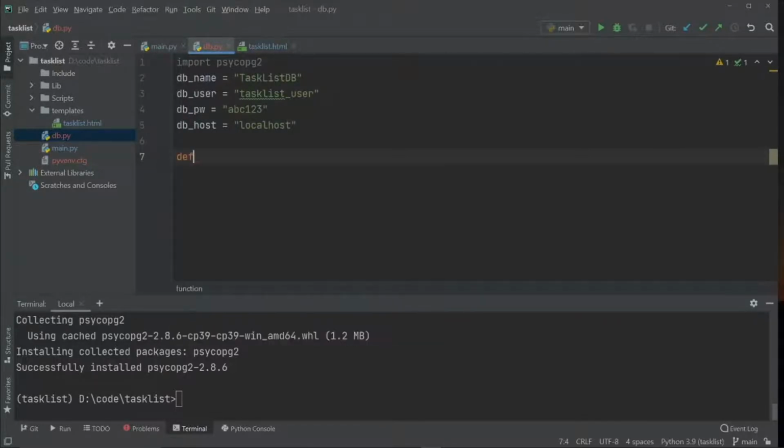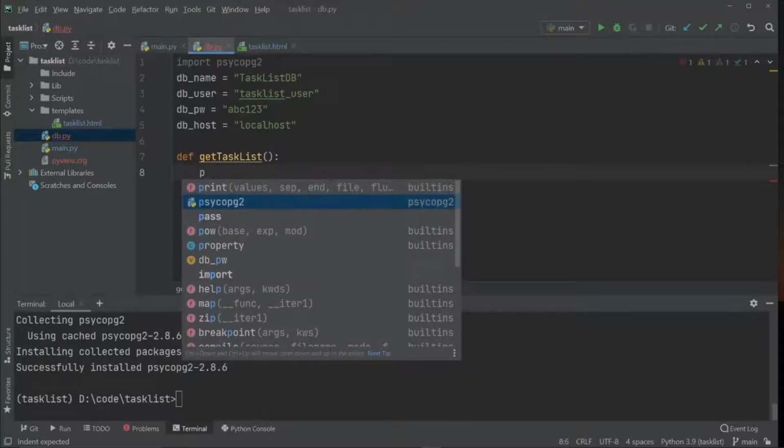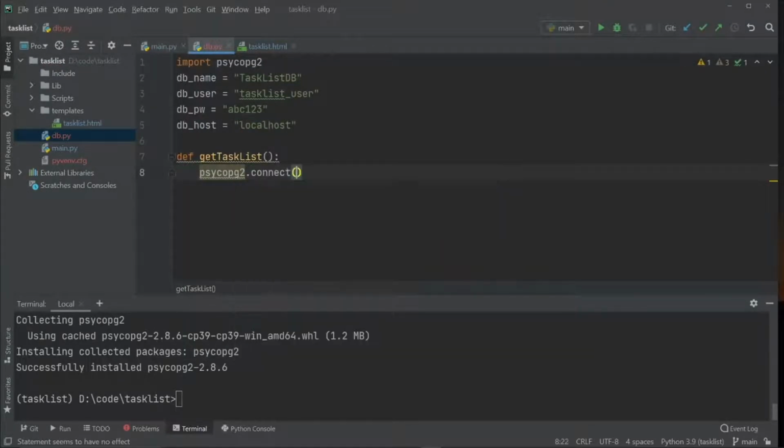So first, let's make a function called get_task_list. So what this will do is it'll just get our task list from the database. So in the function, we're going to have to first establish the connection. And the way we're going to be doing that is by saying psycopg2.connect, and we're also going to have to put this in a variable. So I'm going to call that variable con, and we're going to say .connect